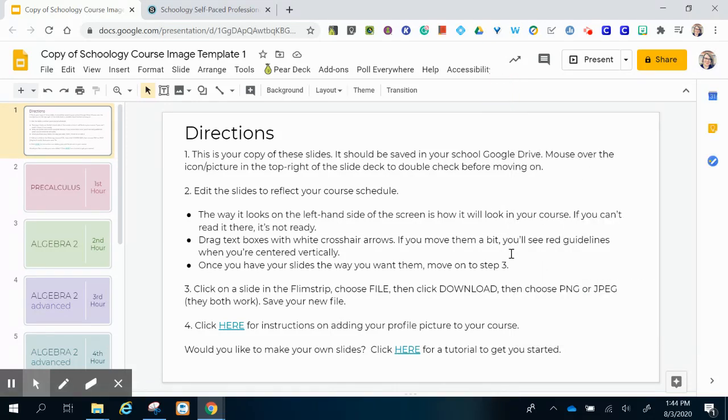Okay, we want to edit these and make them work for you. So this is what they look like right now. And the easiest way to deal with this is to remember a couple of different directionals. One, this is your film strip view, and you can mouse over but not click on that. Or this is grid view,